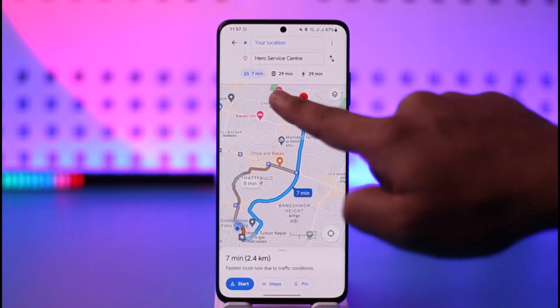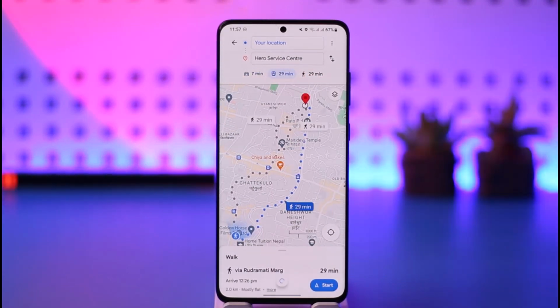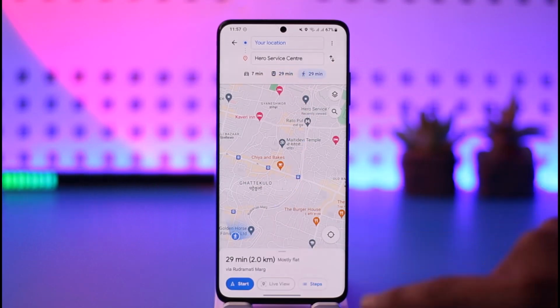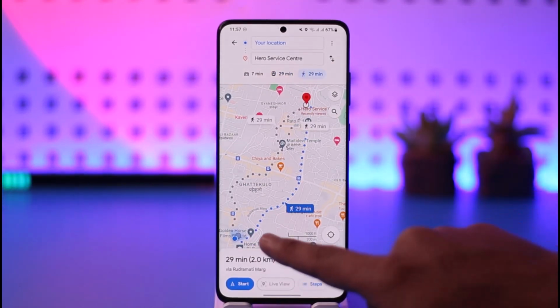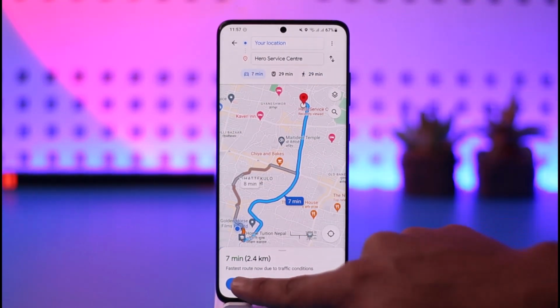Now if you want a vehicle route, you can tap on the vehicle. If you want an air route, you can tap on the air route, which could sometimes not be available, by the way. And if you want a walking route, you can tap the walking route option to actually walk from this distance to that. Now to begin navigating, let's say you're on a vehicle, you can tap the start option